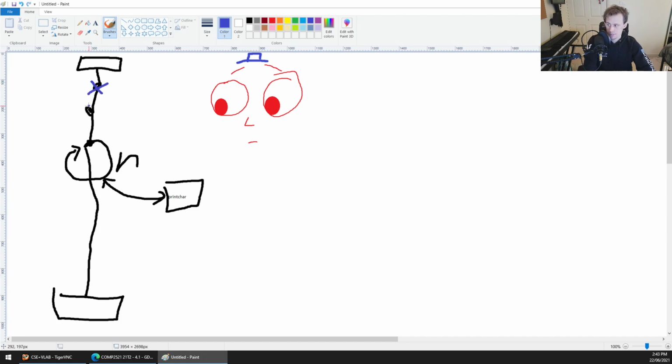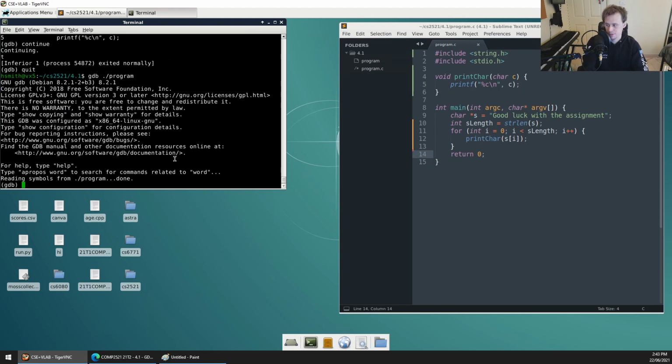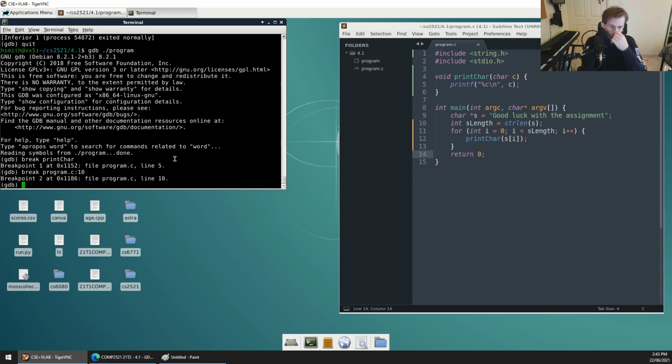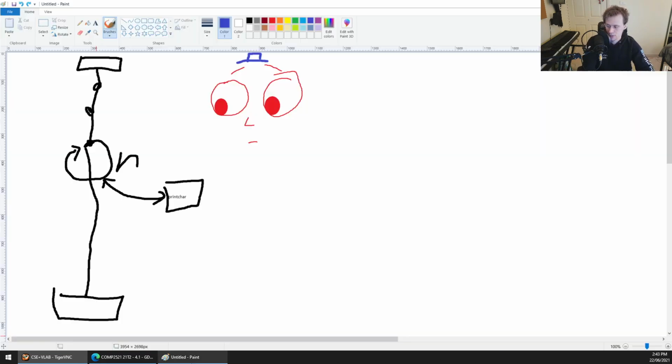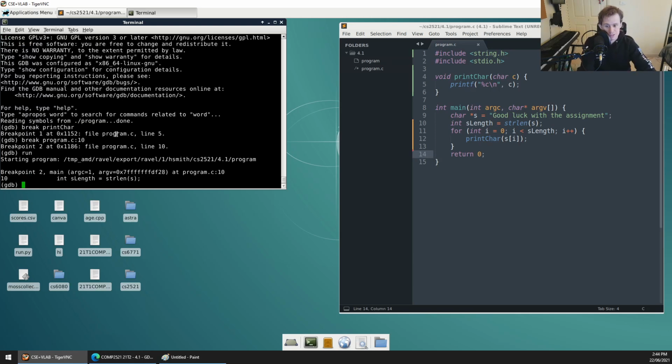You can put many breakpoints in your code. We'll do that quickly now. If I exit GDB and I open it up again, I might say break on print char, and then I also might say, just for fun, let's break on program.c line 9 or line 10, for instance. Okay, so I'm breaking on those two points now. So I've essentially said I want you to break early on, and then I want you to break on this function call here. So now when I run it, the first time it breaks, it says I've paused in the main function,